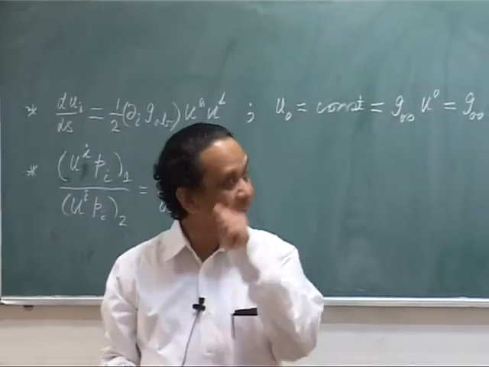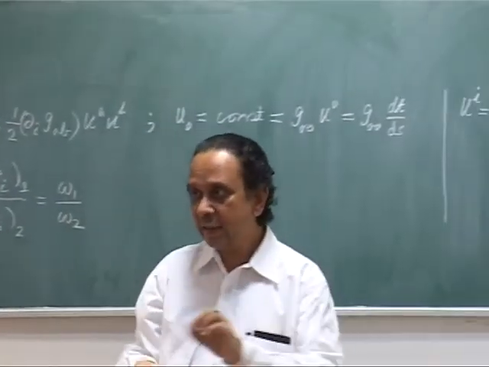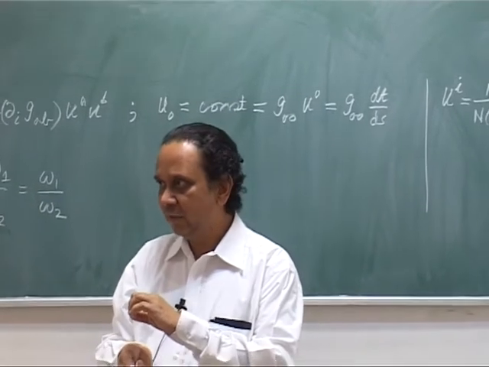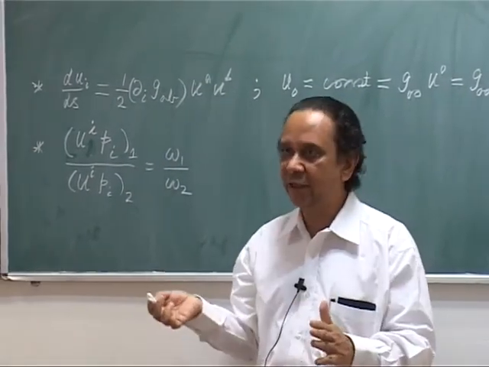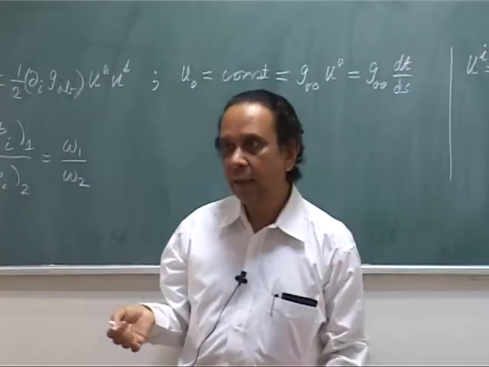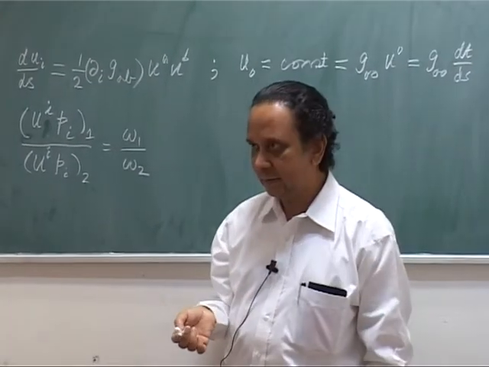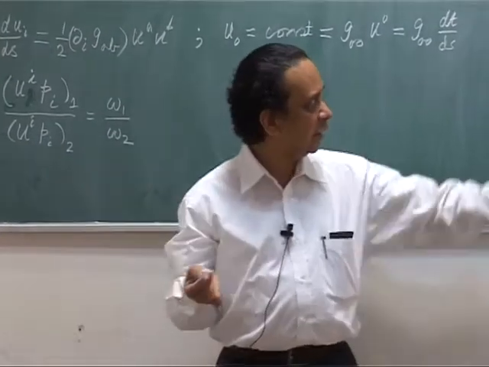Okay. What does it mean? First of all, this guy is sitting quietly, which means that he is not moving. So his spatial velocities should be vanishing. So this is 0 0 0. So he is moving only along the time axis. Along the time axis I have put 1.